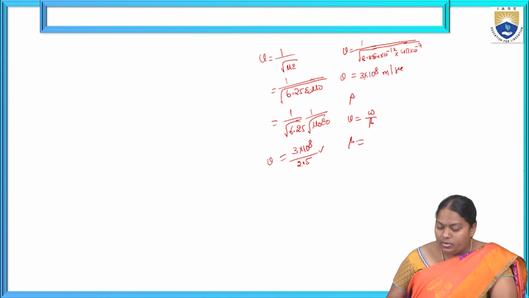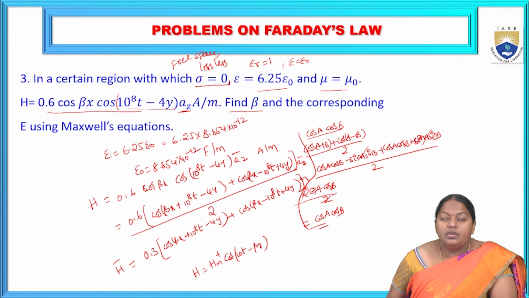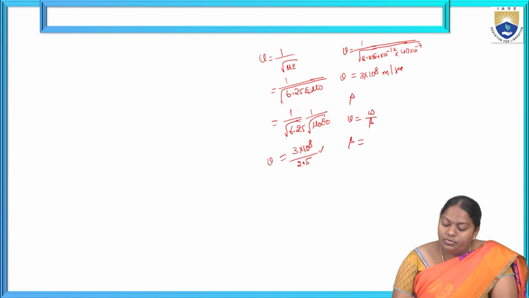The omega value needs to be considered from the given, cos of 10 power 8 t minus 4y. In general, H is to be considered as Hm into cos omega t minus beta y, right? So to find the beta value, we'll consider omega value as 10 power 8, right? So if you substitute omega as 10 power 8 by v,